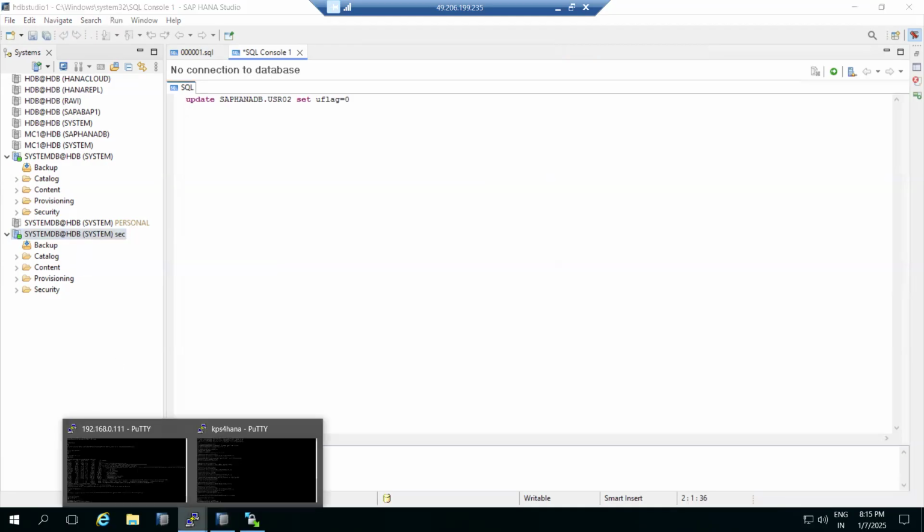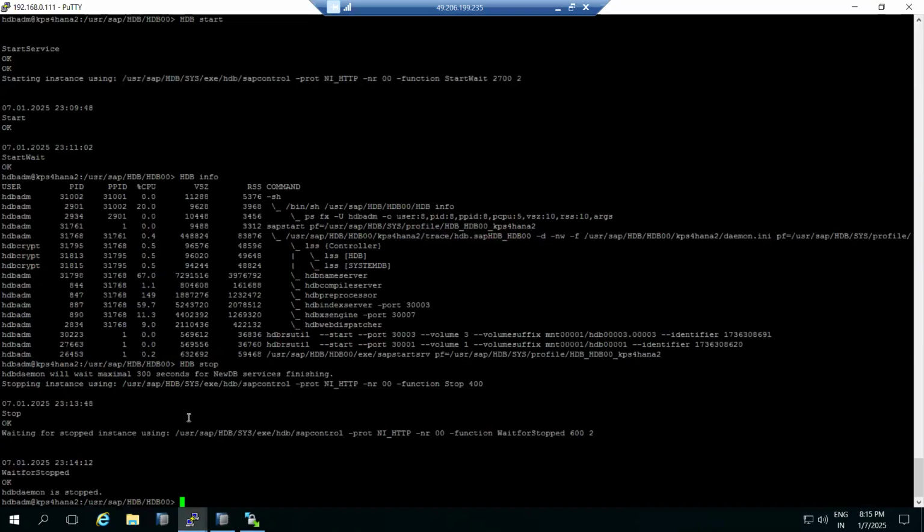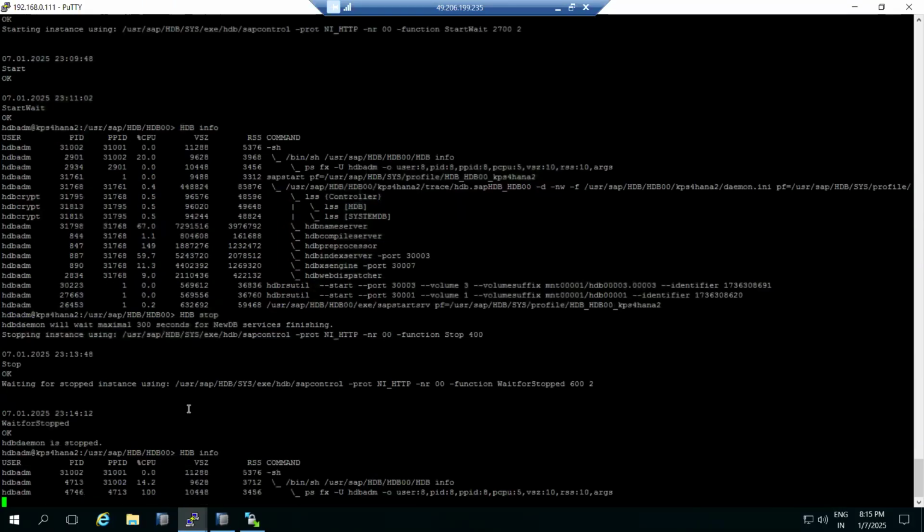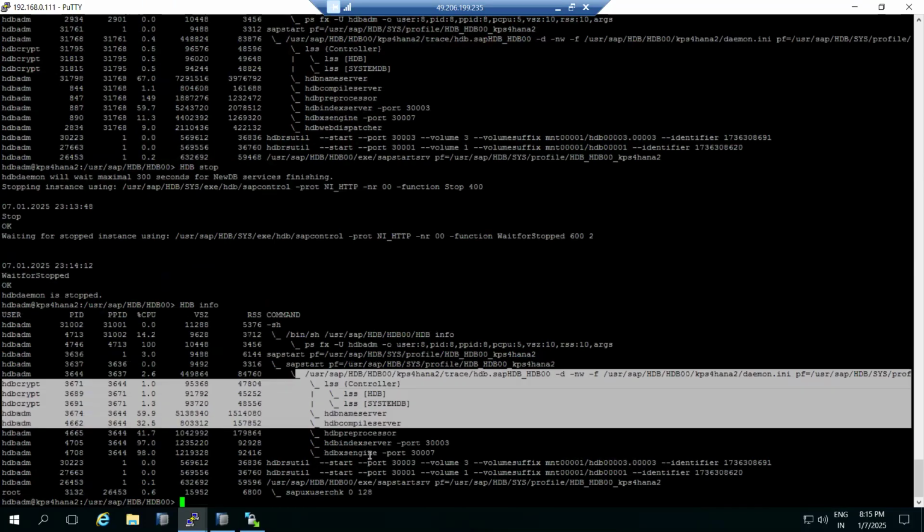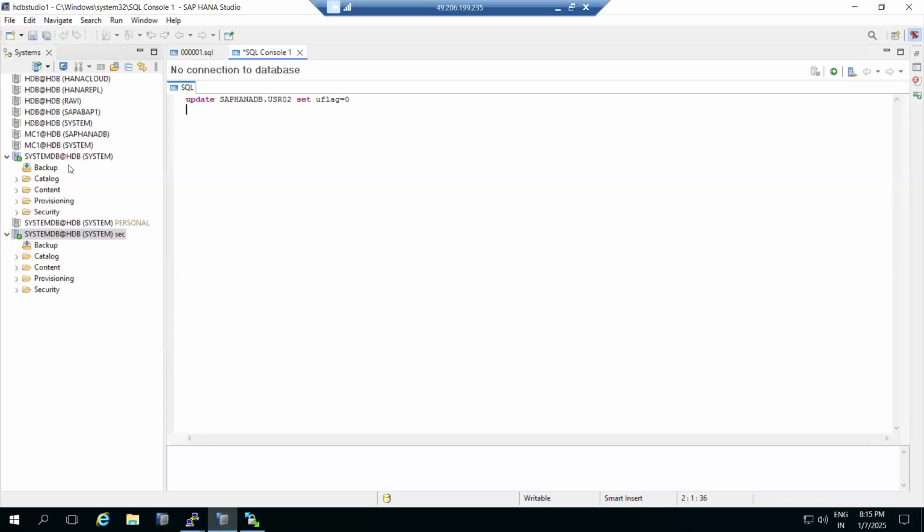Now the secondary will not be accessible. KPS402 is not accessible now. Why? Because on the secondary, you cannot do anything here. You cannot even connect from Studio. Now you see the processor has started, so you can log into the